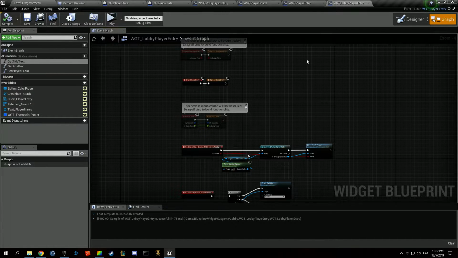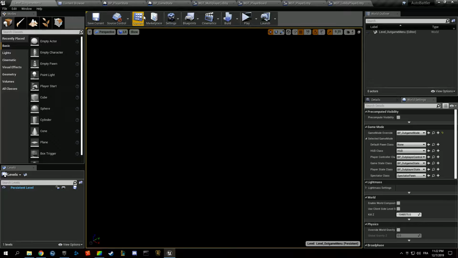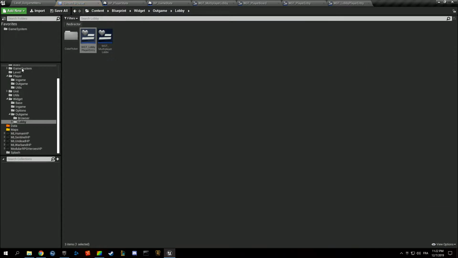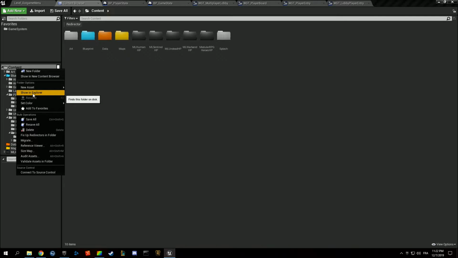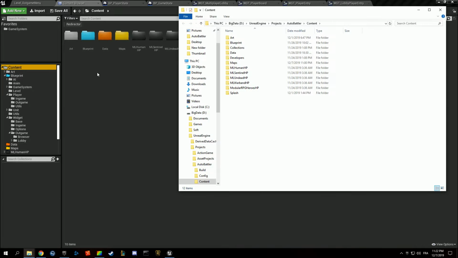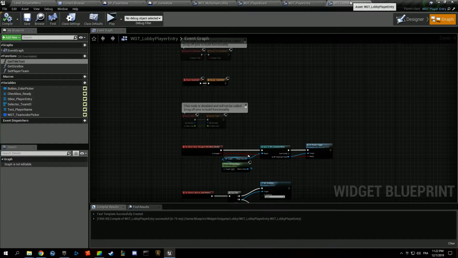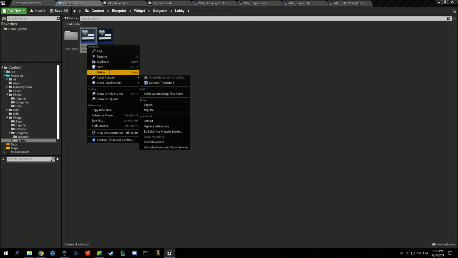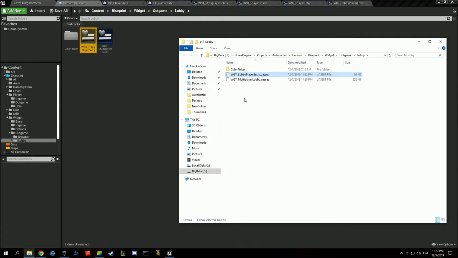So we're going to do some kind of dirty stuff. We're actually going to copy and paste the lobby player entry from the blueprint folder we created on our desk. And for those of you who didn't, I'm gonna give you the downloadable version of that blueprint. So we're gonna show in Explorer, actually in lobby player entry, we're gonna show in Explorer like this,